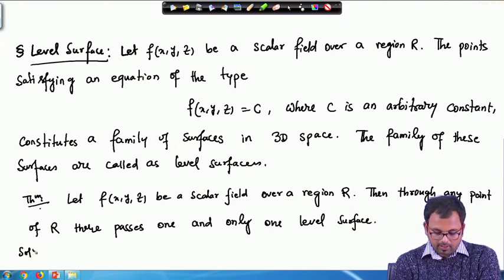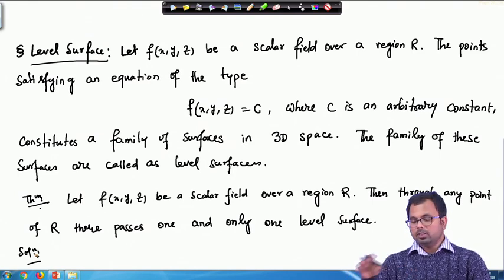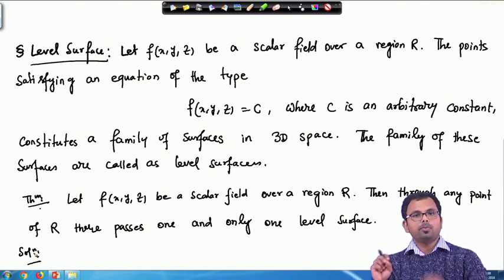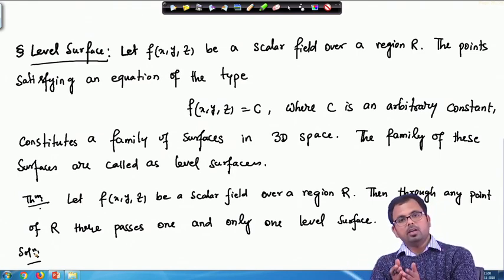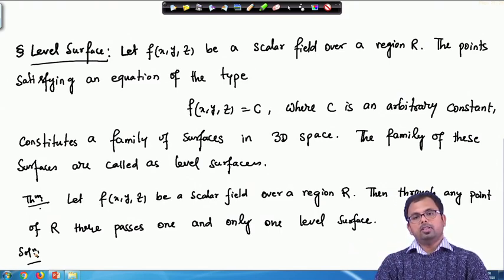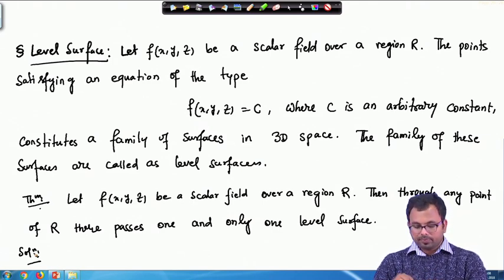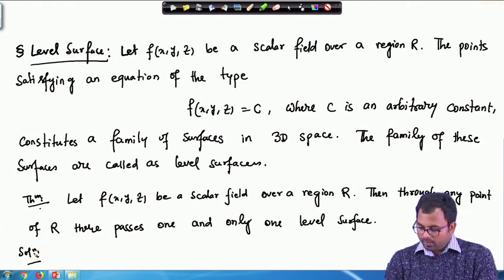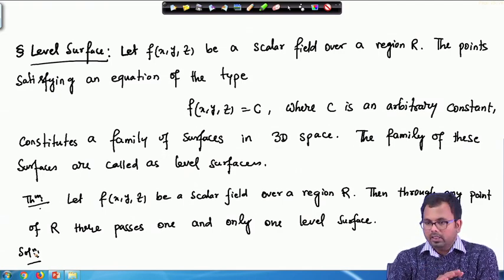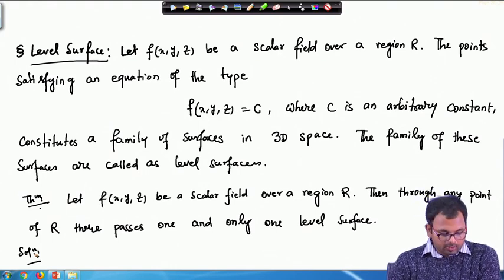So, it says that suppose you have a scalar field f(x, y, z) over a region R, then for every point on this region R, there can be only one level surface that will pass through that point. There cannot be two level surfaces that will pass through the same point. So, we will prove that at any particular point in R, one and only one level surface will pass through that point. So, to begin with,